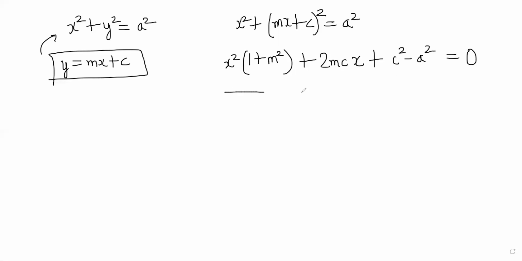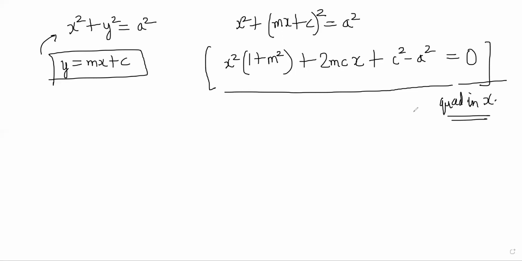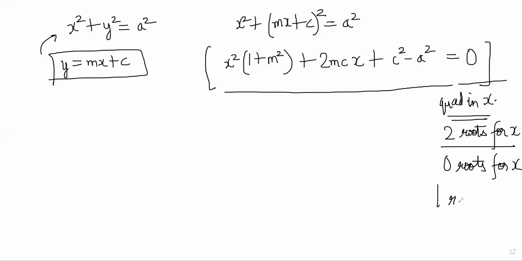This is my equation that is coming. Now this is a quadratic equation in x. So technically it should have two roots for x, right? It can have two roots of x, it can have zero roots for x, or it can have only one repeated root. These are the three possibilities for any quadratic,